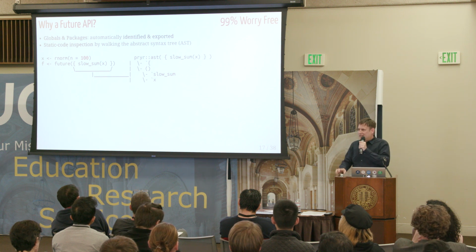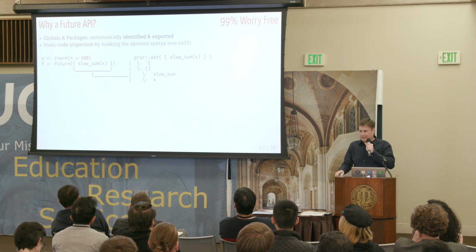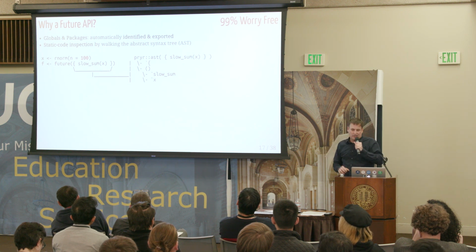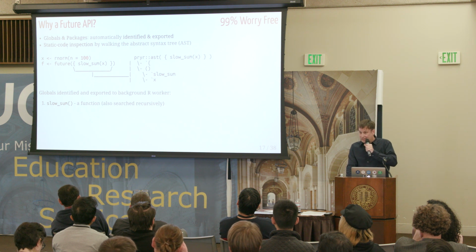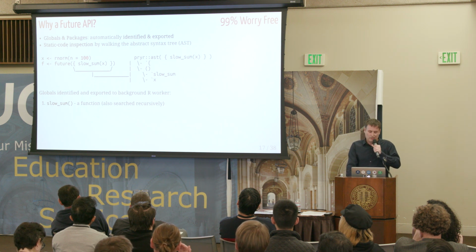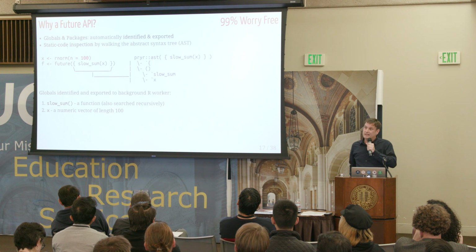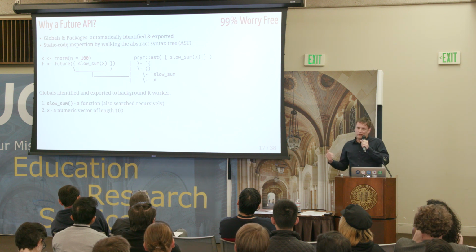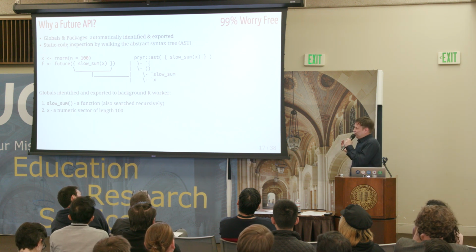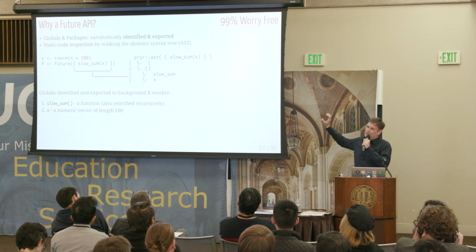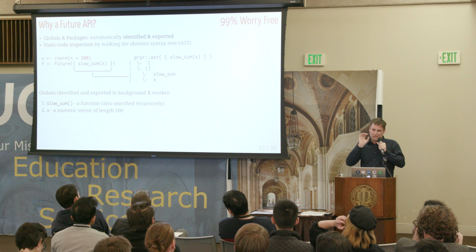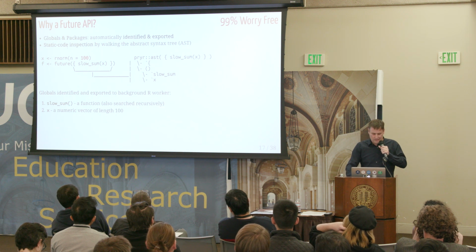The parentheses there indicate a function call. And then it sees two objects, slow_sum and x. So it knows that it needs to pass on the slow_sum function, unless it sits in a package on the worker, and also the data. So that's taken care of automatically, but if you don't trust this, or you think there's too much overhead in that, which is not very much, you can always specify manually too.